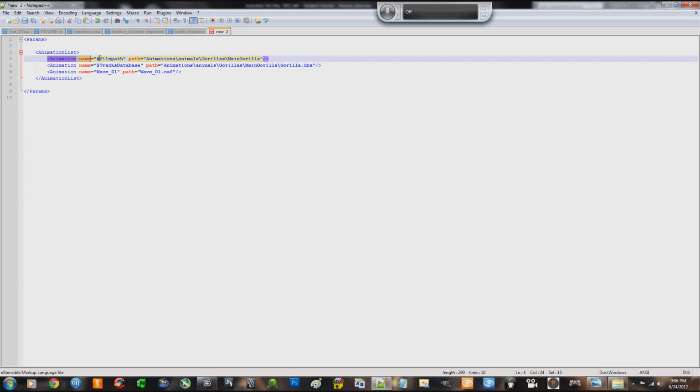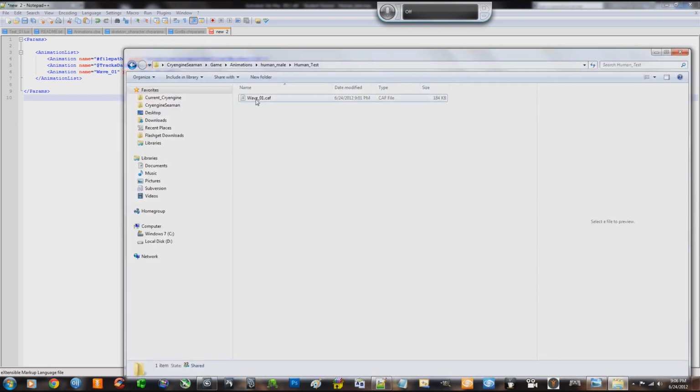Animation name equals, ready? Pound file path. Path equals, and then you would put the animation path. Now I'll show you what this does. So animation name, file, pound file path, path equals blah, blah, blah. So let's grab the path to this. What is this? Path to this is